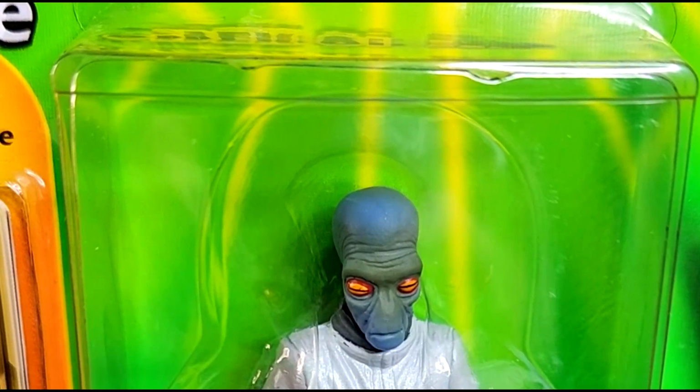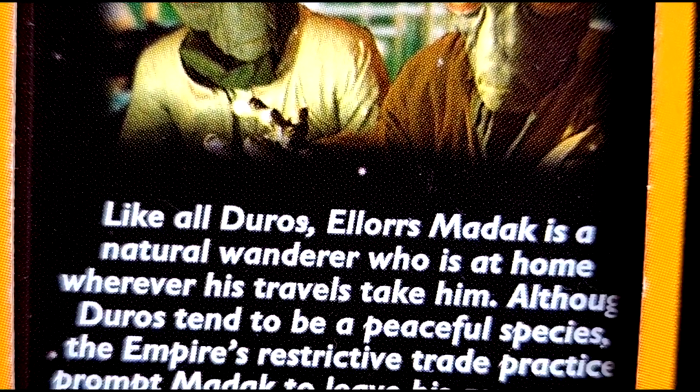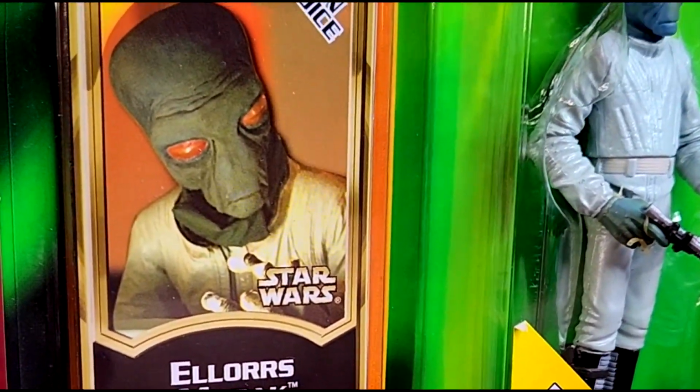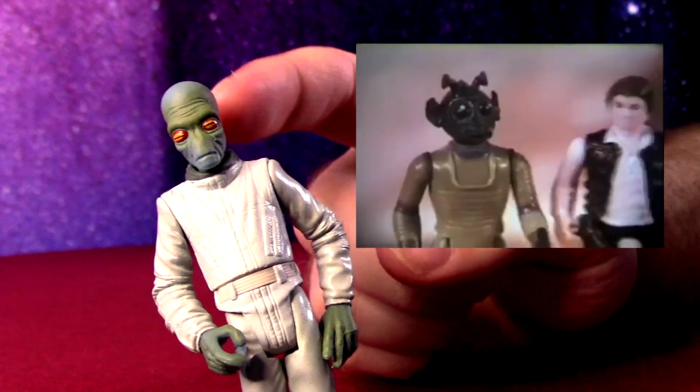Got an older Star Wars figure here that still stands up from 2001. Cantina patron Ellors Madak. One of the cool aliens in the cantina. One that always stood out to me that looked pretty awesome. This is a fan's choice figure, and I can see why, because it's one that you would have thought got